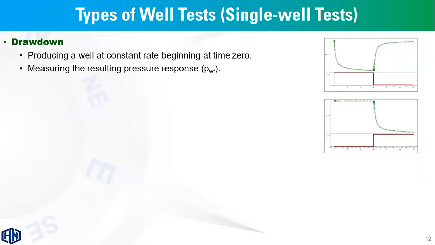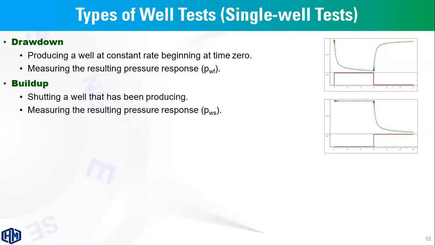For types of testing for a production well, we have two basic types of test: drawdown and build-up. Drawdown is simply producing the well, as you can see right here, producing the well at constant flow rate. At the same time, we will record the pressure response. And the second type is the build-up. Build-up is shutting the well in after a period of production at constant flow rate,